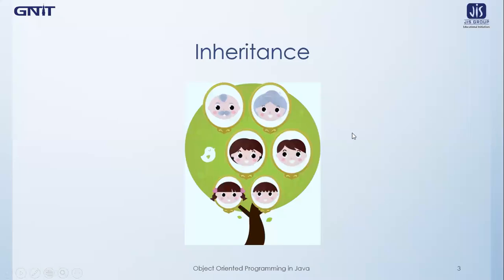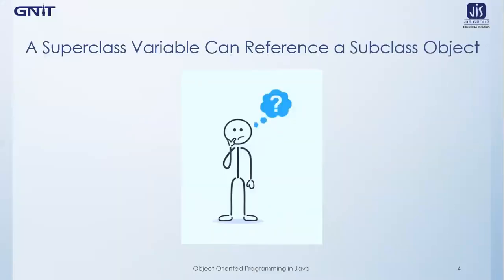So moving on, the next topic of today's lecture is: a superclass variable can reference a subclass object. I have told you multiple times that type mismatch is not accepted in the Java language because Java is a strongly typed language. That's why type mismatch is not at all allowed. That means a particular object of a particular class cannot be applied for another class. So in that case, type mismatch will occur, which is not allowed in a Java program. That means a particular object will always act for a particular class. It can never act for another class.